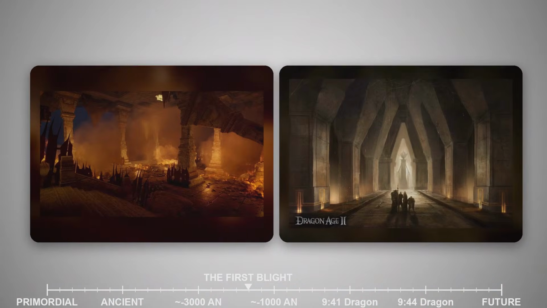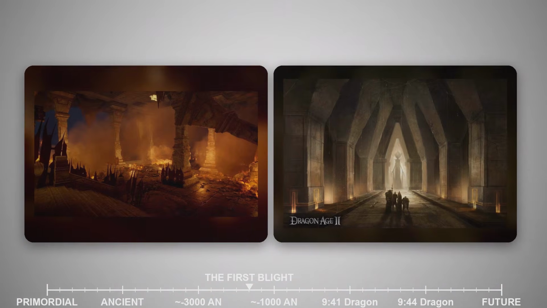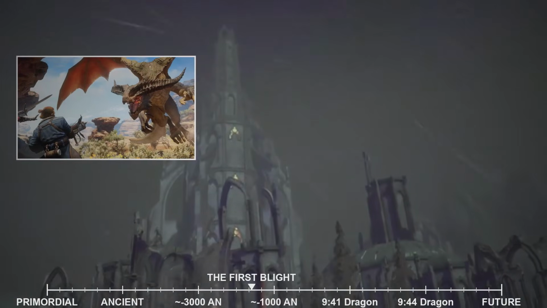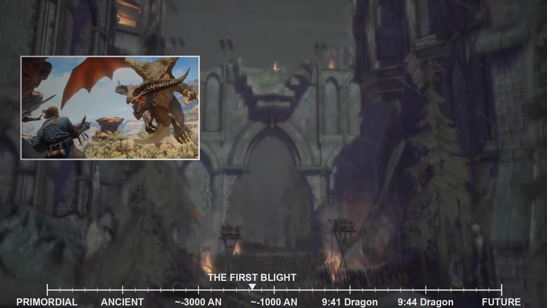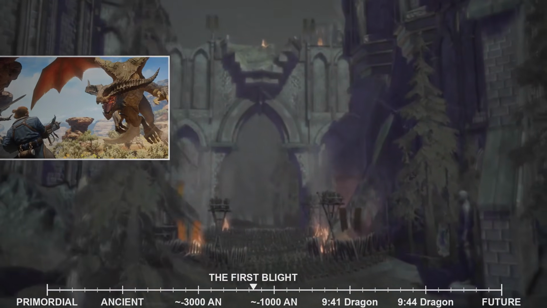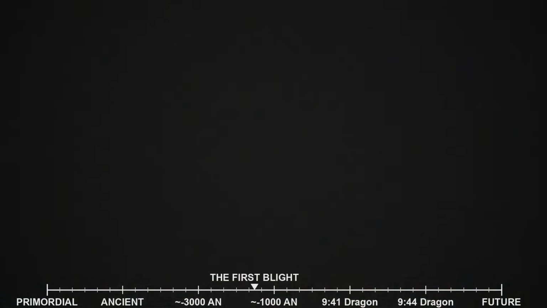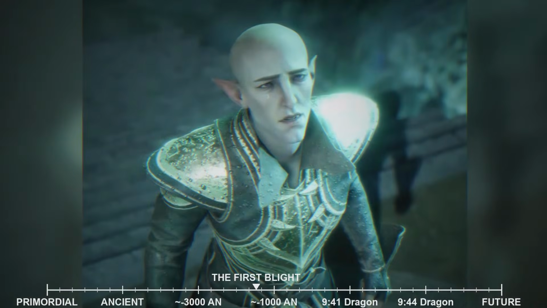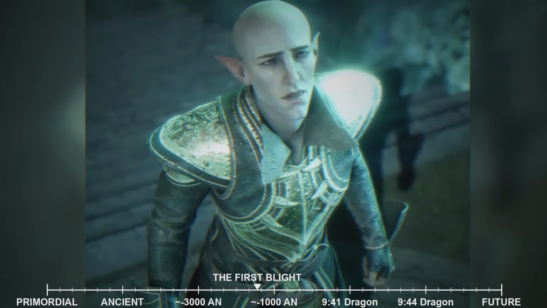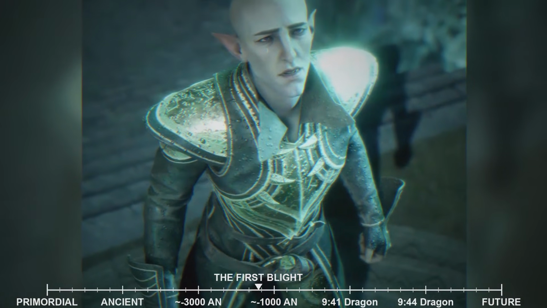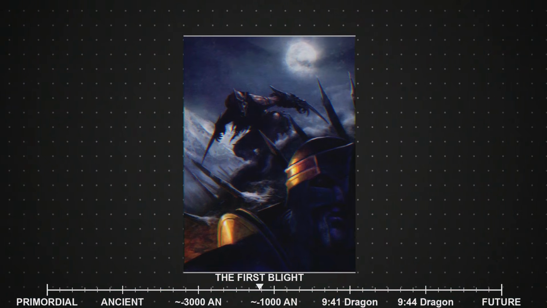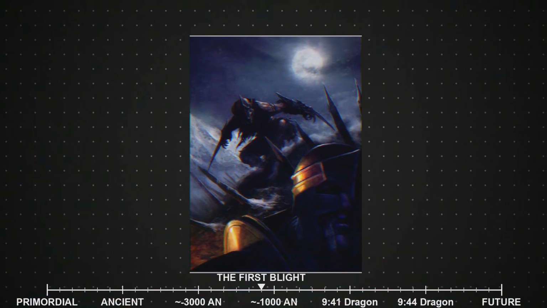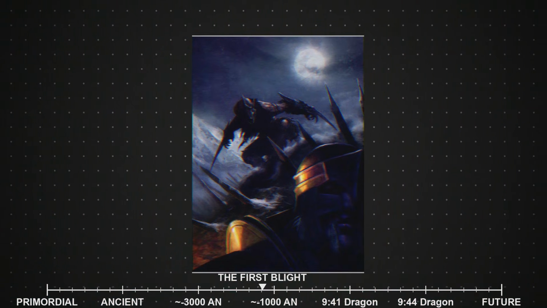Deep beneath the earth, in the oldest and darkest places of the world, something ancient stirred. Dumat, the Dragon of Silence, one of the old gods that the Tevinter Imperium had worshipped for centuries, felt the call of the Blight. These old gods were immensely powerful dragons, beings of such age and might that they had been revered as deities. They slumbered in the deepest reaches of the earth, in prisons or resting places that predated even the Dwarven Empire. The Darkspawn, driven by instinct or perhaps by some echo of their former purpose, sought out Dumat's resting place. When they found him, the Blight corrupted even this mighty being.